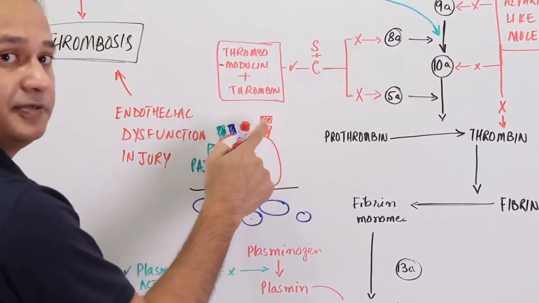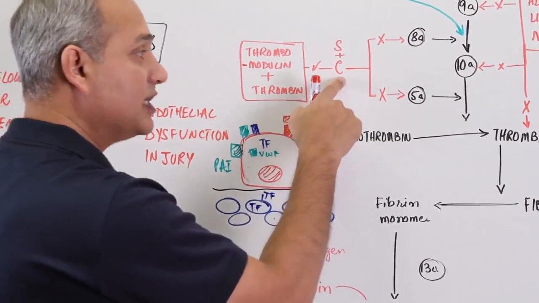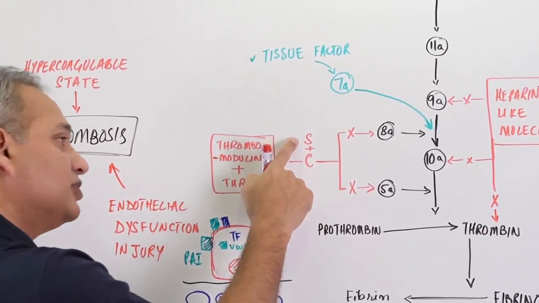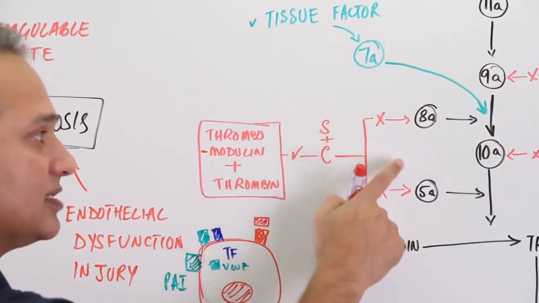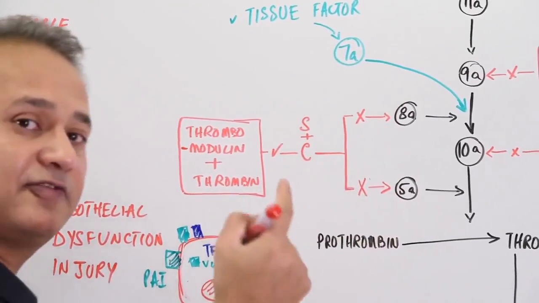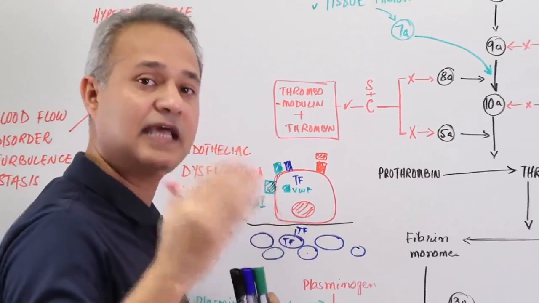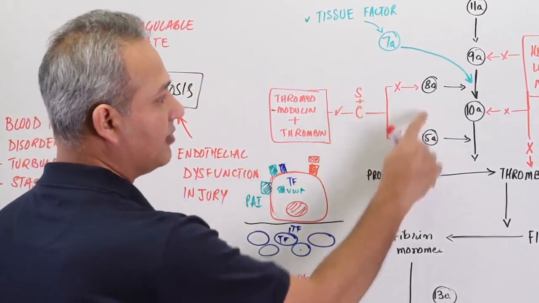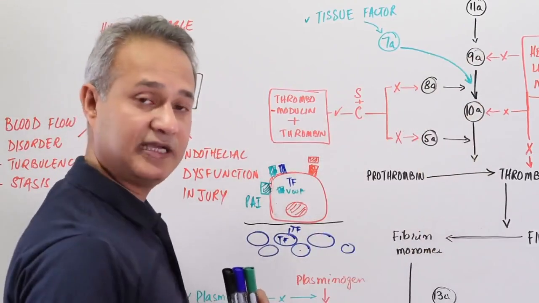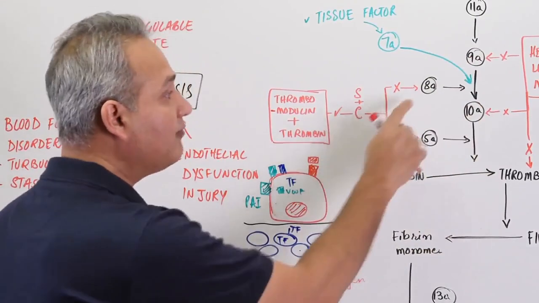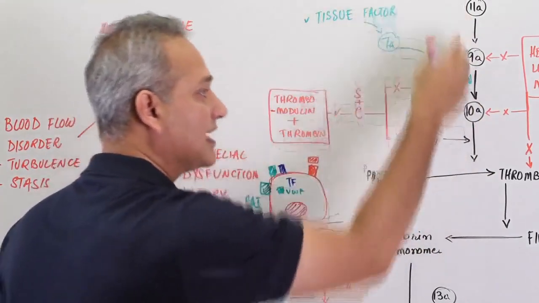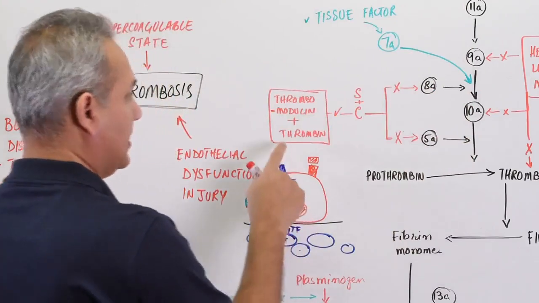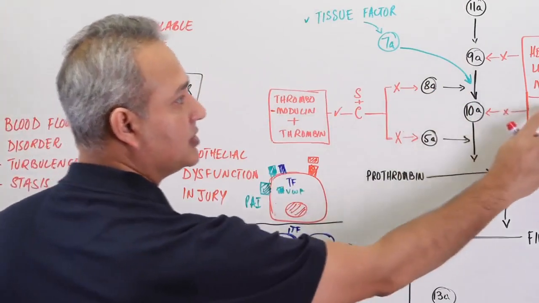This complex activates protein C. Protein C, in the presence of protein S, blocks the factor 8 and 5 activation, or it blocks active factors 8 and 5. And factors 8 and 5 are necessary in the coagulation cascade as well. So if these are blocked, will this cascade work? No. So these are anticoagulants. So that is one. Similarly, if you see here,